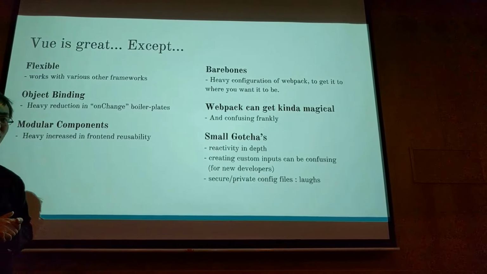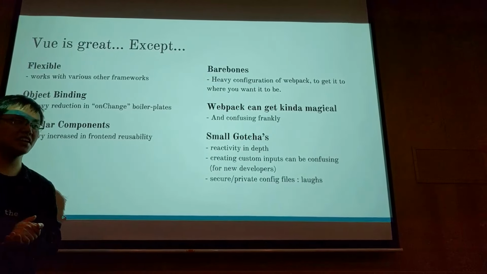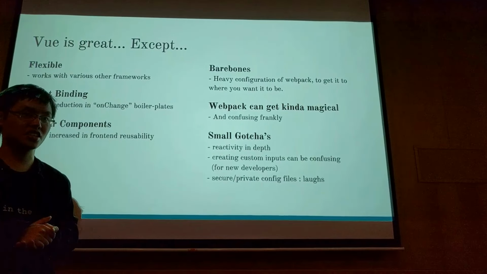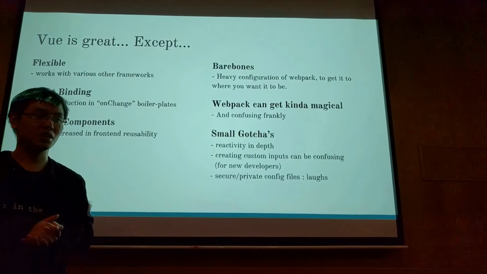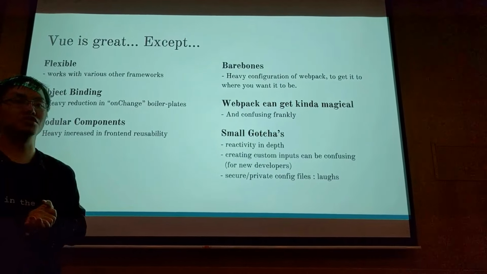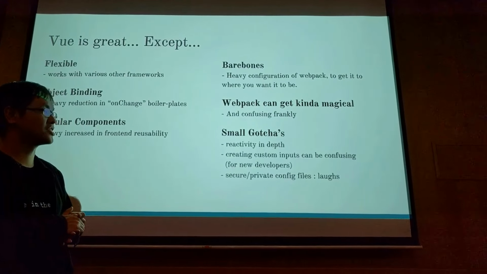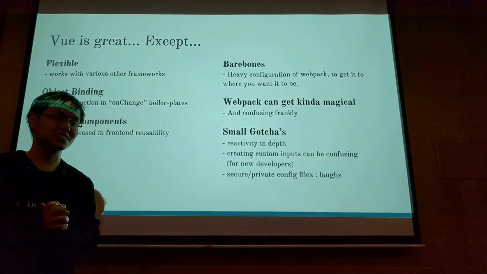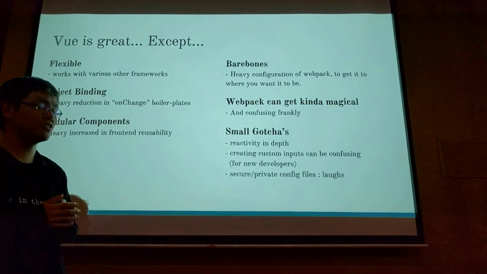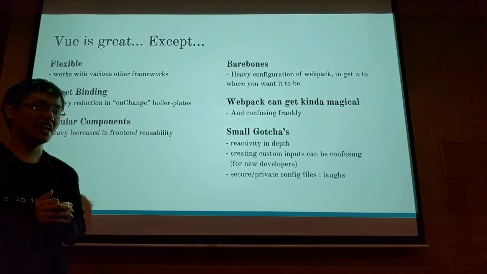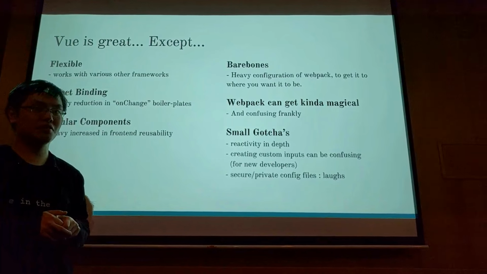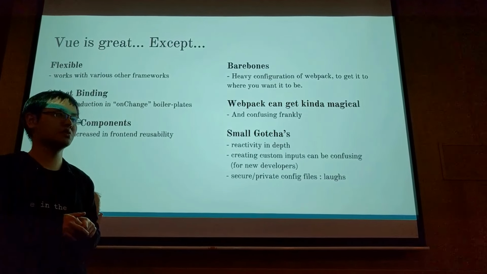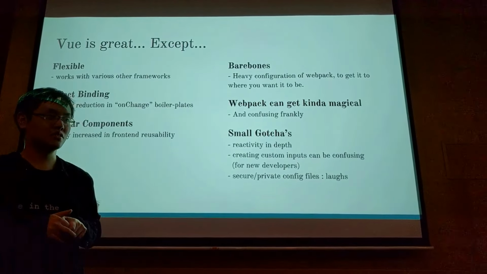Lastly, for all of you who love to build your front end and then use a preprocessor language like PHP or some templating engine that outputs the final HTML and use some secure or config parameters inside there, basically don't do that anymore, because anything you put inside as a configuration or JavaScript inside Vue is pretty much going to be on the internet, and if you put private keys in there,